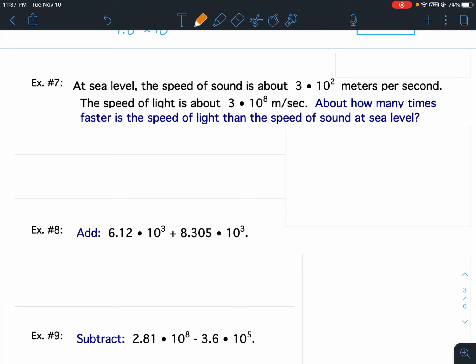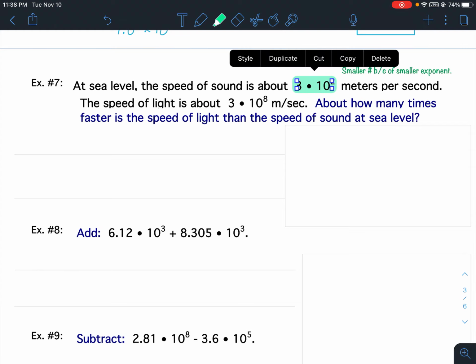So example number 7 is very similar to the population problem we did in example number 5. When it says about how many times faster, that means we're going to need to divide. Remember, in order to divide, we want to do the larger number divided by the smaller number. I know that the 3 times 10 to the second is the smaller number because it has the smaller exponent. So go ahead and circle that